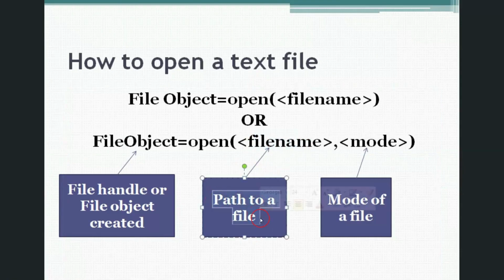So the path to the file means the file where it is located. For that, you should copy the path of a file and paste it on your computer's program in the Python shell mode. Then after that,